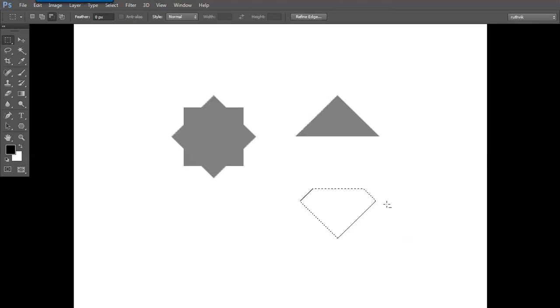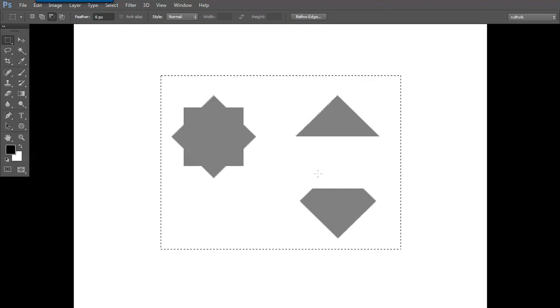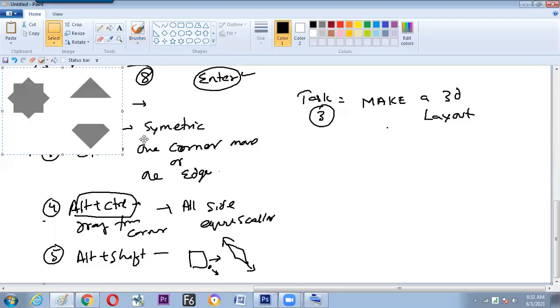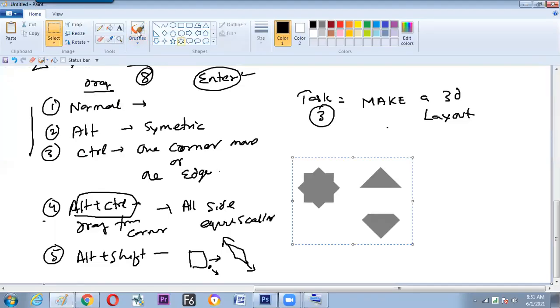Hope you can see how to create the next shape. Is it okay? Yes, sir. Now, what is the next exercise we have seen? How to create multiple shapes from the same rectangle. It is done. Now the task number 4.